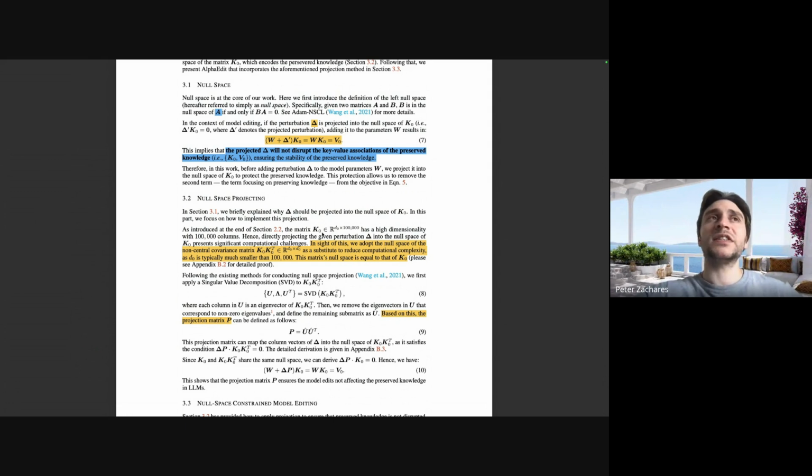It's definitely the case that the null space, if you want to preserve the original knowledge and then the new learned knowledge, is getting smaller, because you're using a projection into the null space of the preserved knowledge to calculate the update to the matrix. That means you're using eigenvectors that are in the null space to encode new knowledge. So that means they can't be in the null space anymore.